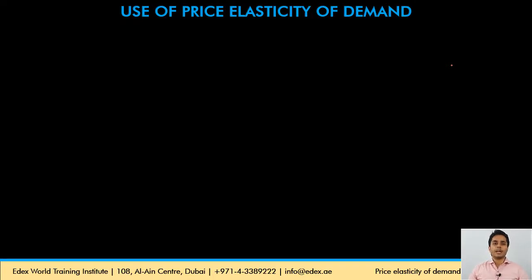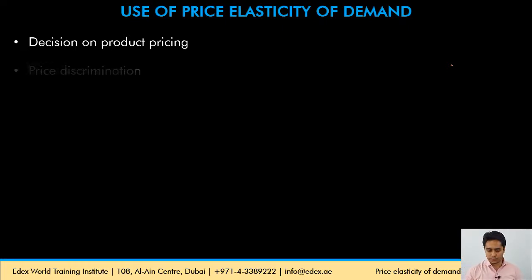Finally, what can the firm do if it is aware of the price elasticity of demand? Very important. Every producer should be aware of the PED values for their products because it helps in pricing decisions. We've already seen the relationship between prices and revenues. How do they change for different elasticities? If a producer knows that the demand is elastic, they can increase their revenues by offering discounts. But if the producer knows that the consumers' demand is inelastic for their products, they don't need to offer discounts to increase their revenues. In fact, they will keep on increasing the prices to increase their total revenues.